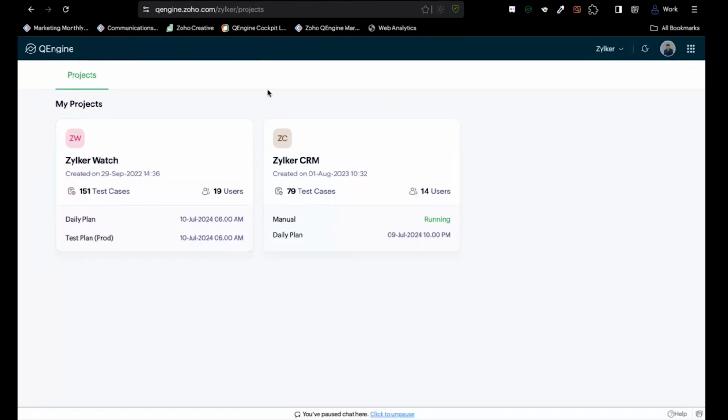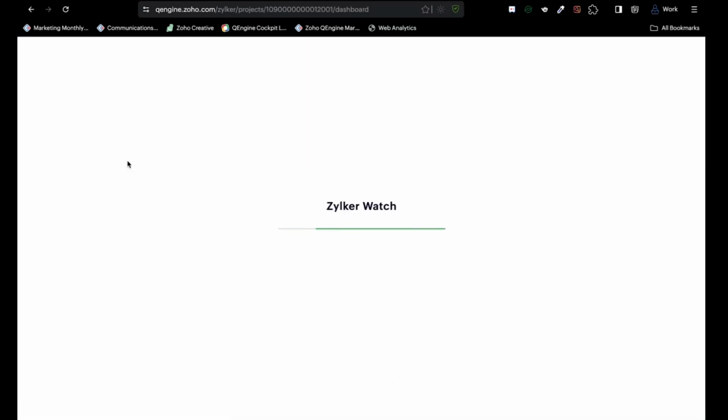So this is how the overview dashboard of the product will look. As soon as you enter Zoho QEngine, you'll be greeted with the projects overview, wherein all of the projects that you are enrolled in will be available. In this case, it's just showing two for me because I'm not a tester. If you are a tester, you'll be working on multiple projects, and all of that will be visible here. So you can click on it here,